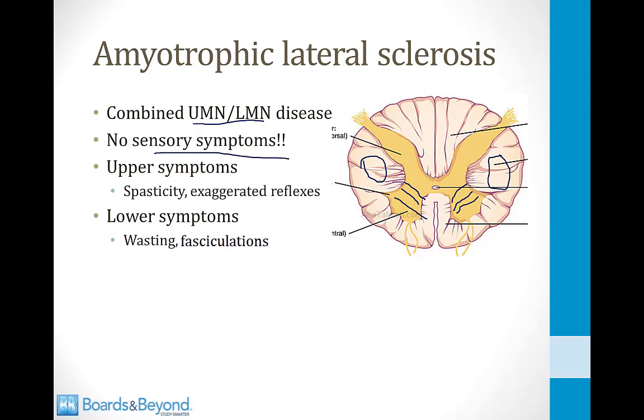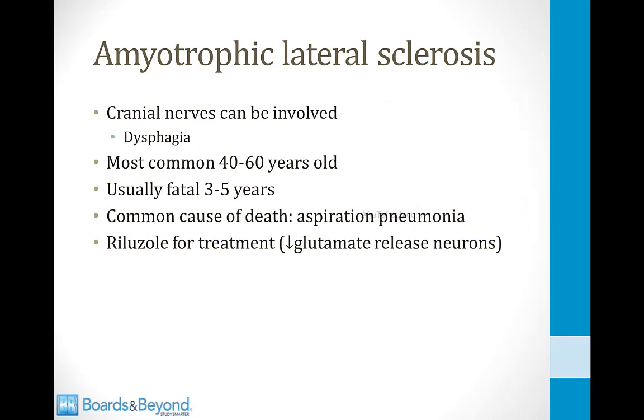So these patients will have upper motor neuron symptoms like spasticity and exaggerated reflexes, and they'll also have lower symptoms like wasting and fasciculations. Cranial nerves can be involved, and especially with regards to dysphagia, so patients with ALS will have progressive difficulty swallowing their food, and eventually many of them go on to need a feeding tube because they can't swallow. It's most common in 40 to 60-year-olds, and it's usually fatal in 3 to 5 years,